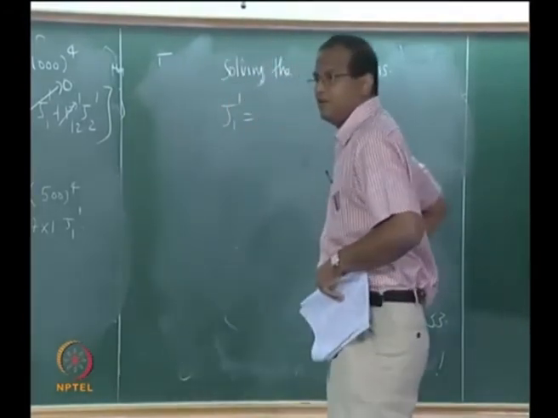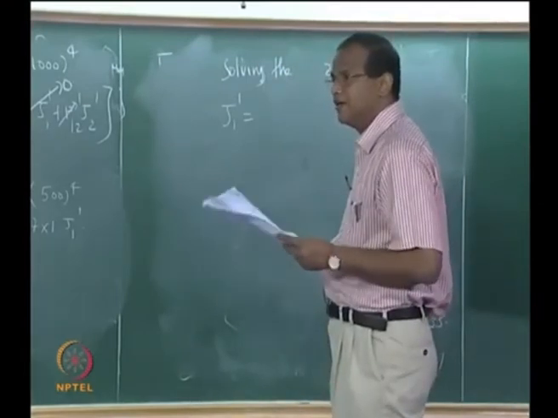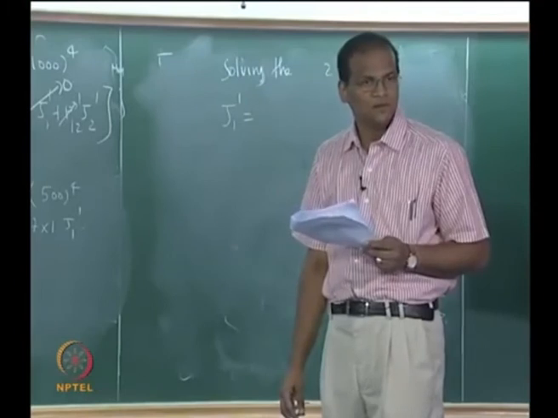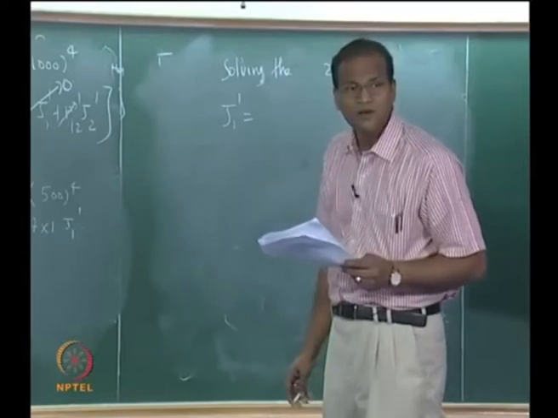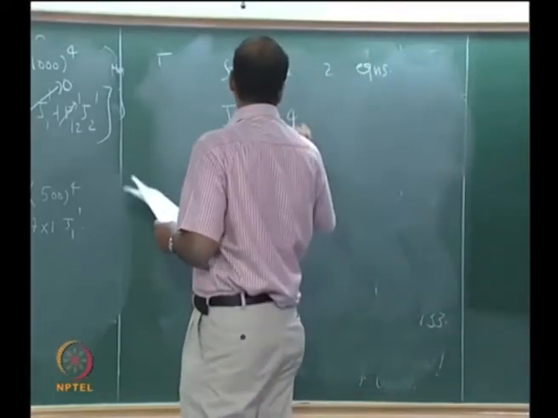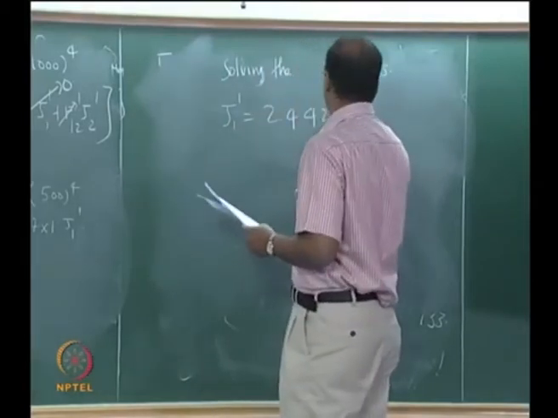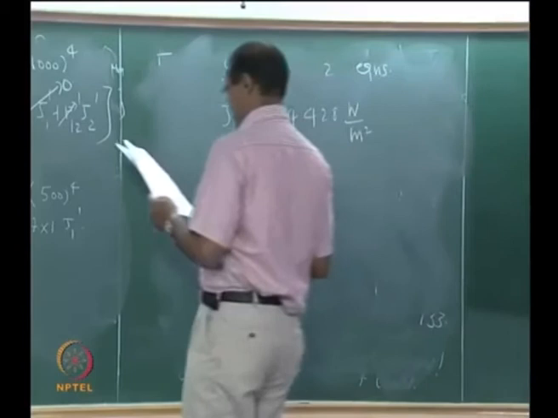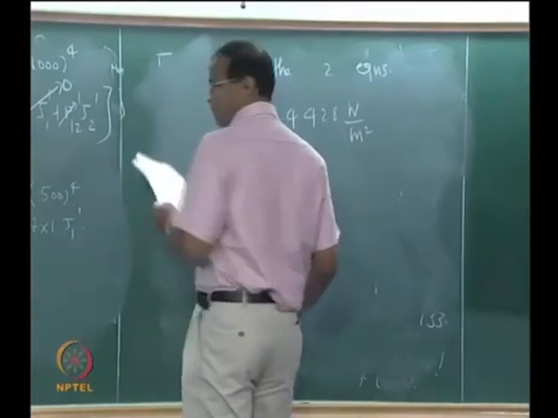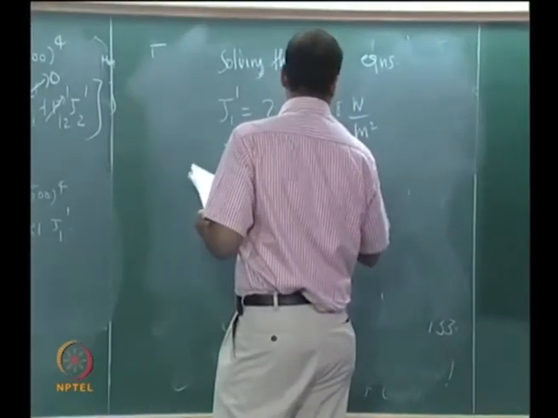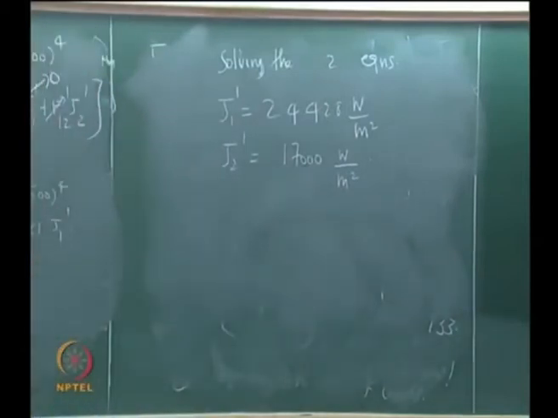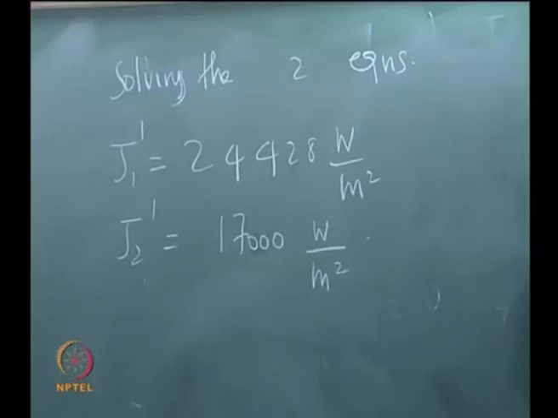Any problem with that? 24,000. Abhishek, did you get it? Ramanujam, you got it? 24,000? 428. 24,428 watts per meter square. J2 dash, I mean J21, 17,000. Yes. Exactly similar procedure, you will get J1 and J2 of band 2. You got J1 and J2 of band 1, correct? Right. So similarly,